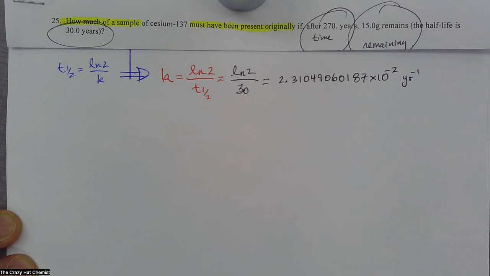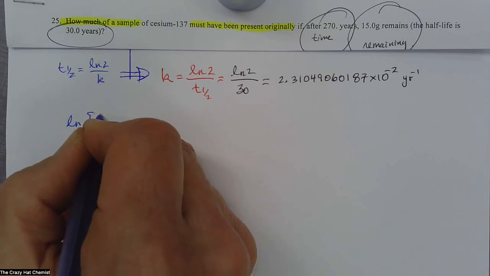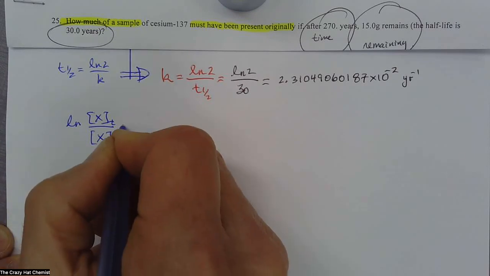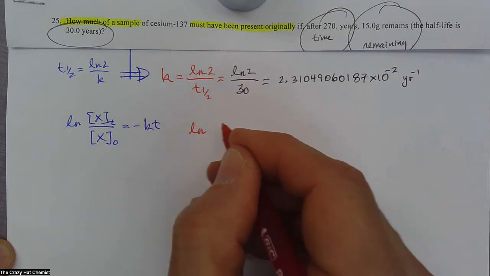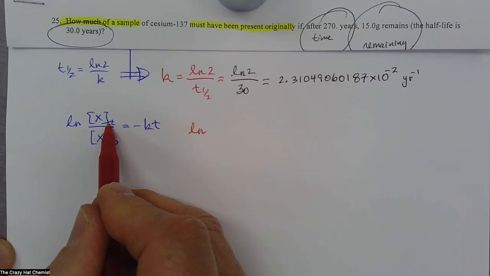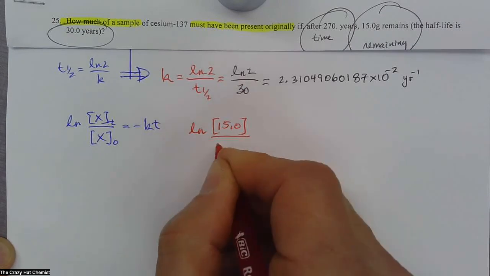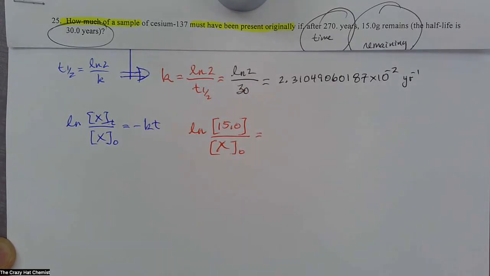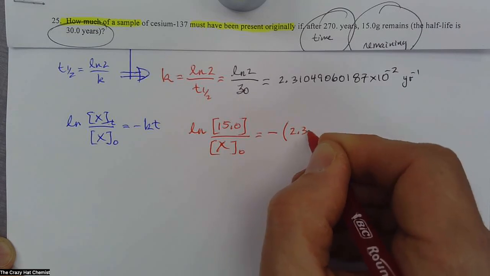Now we're going to use the integrated first order rate law, and that is natural log of the amount at time t over the amount at time naught is equal to negative kt. So I'm going to substitute into this equation right here. I'm going to have natural log. X at time t is the 15 grams. That's what's remaining. I am solving for the amount at time 0, the original amount, and negative k is this value that we just came up with,